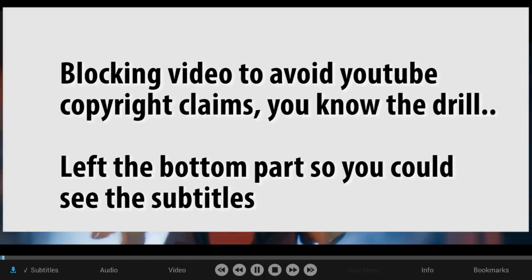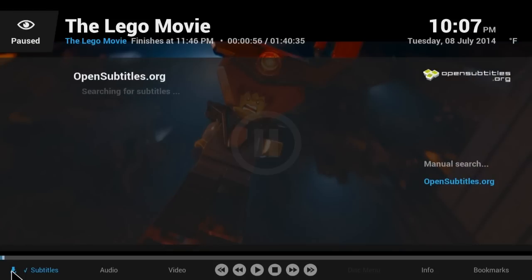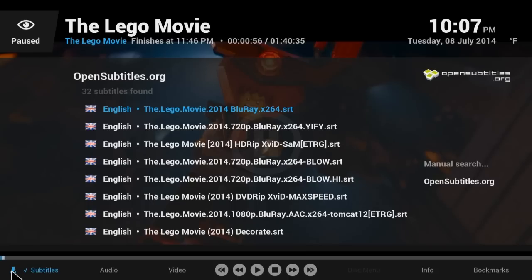So either navigate to it with the keys or click it with your mouse. It's kind of small, but it's there right in the left hand corner. So now you see that pops up, it says opensubtitles.org, and now there's a whole list of subtitles. So this is kind of one of the things about downloading subtitles, is that there's going to be multiple